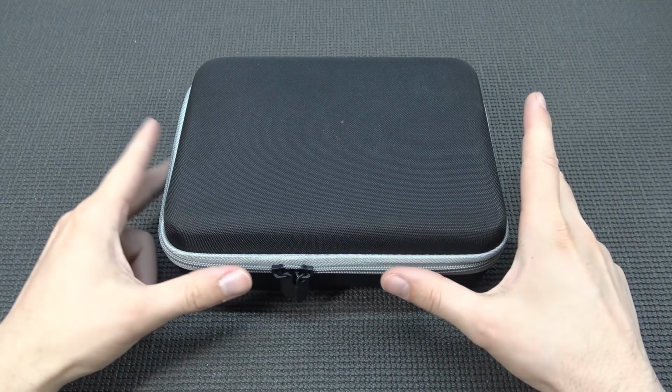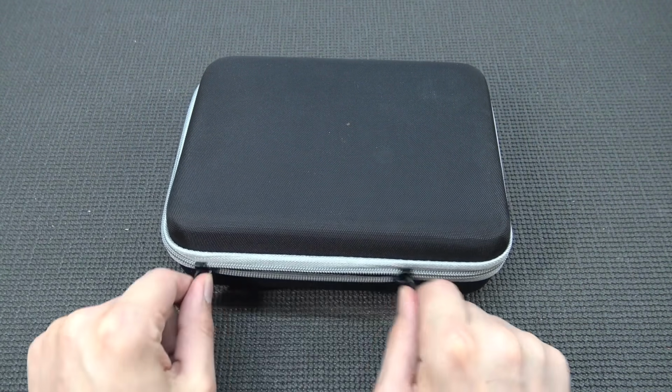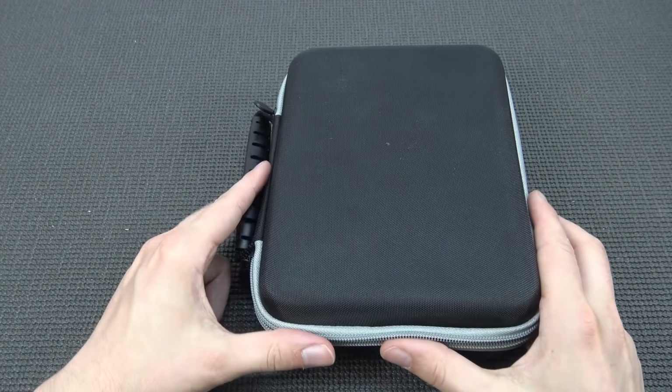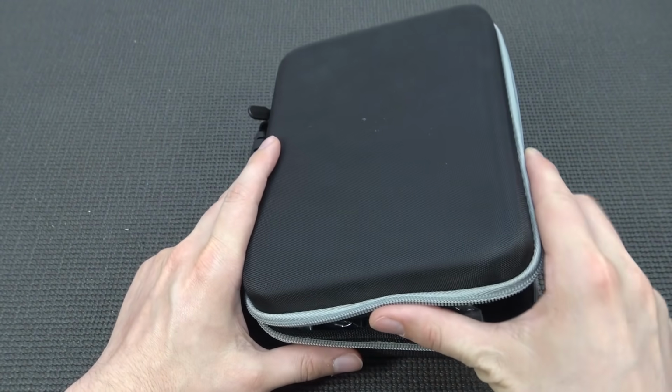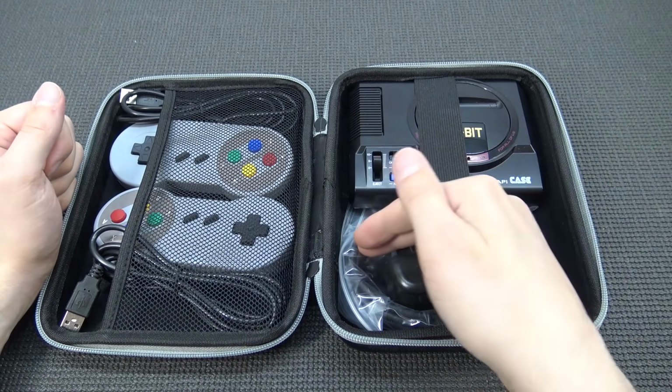I think it's just cool. It's not something new on the market, but it is just something different. So what I did is buy this complete kit, and with the complete kit what you're going to get is a very nice case for transporting your system, but also including all the stuff you're going to need, like a power supply, HDMI cable, and